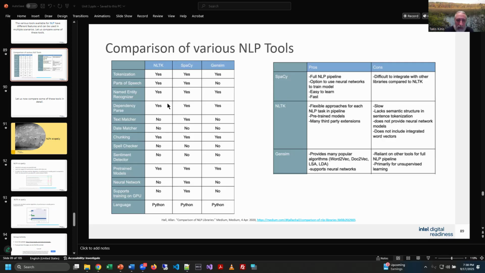All right, here's a handy little chart that shows some of the popular tools and what you can use them for. And you'll notice that some of them are good at some of the same things, and then some of them just don't do certain things, right? So for example, none of these have a spell checker. That's a different algorithm or tool. So looking at how you might want to apply this, they focused on libraries here once again that are Python focused, because that's what we have been doing. And then they have a little pro and con table, which I think is very helpful.